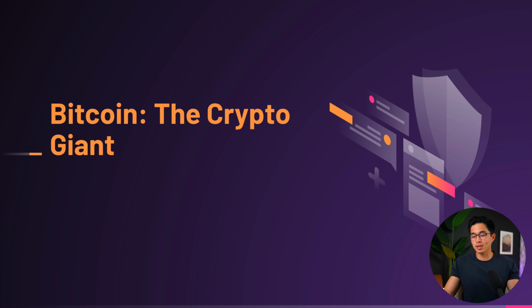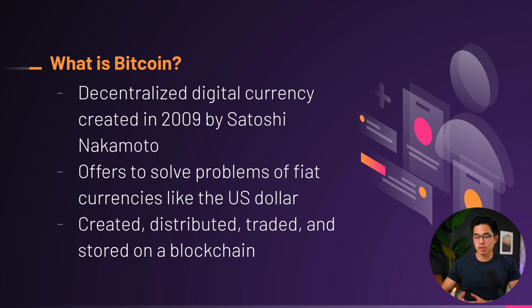So to start off, let's talk about the very basics of what Bitcoin is. Basically, Bitcoin is a decentralized digital currency created in 2009 by the anonymous pseudonym Satoshi Nakamoto. So what does that mean? Well, it basically means that it's fully reliant on the internet and it's not controlled by any person or government. Compared to countries like the US or North Korea, Bitcoin is free from control.